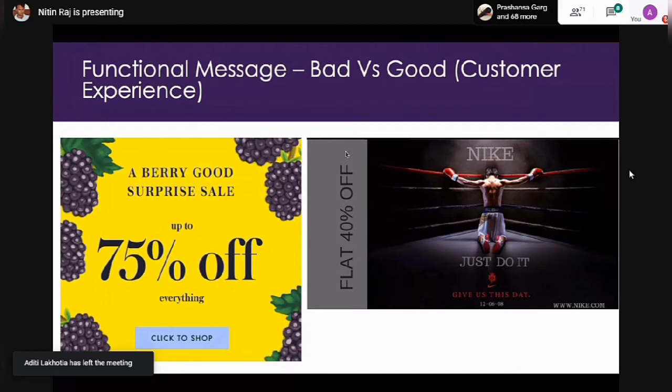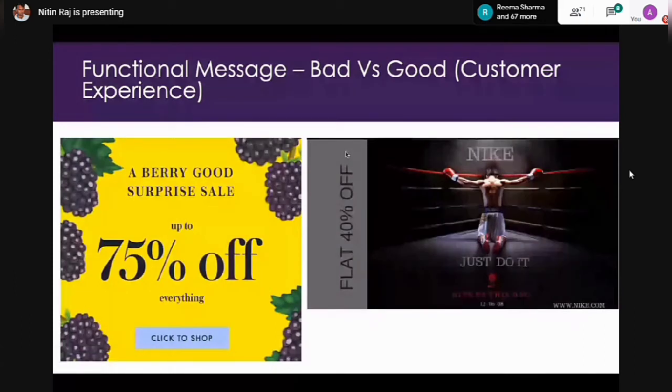So mostly people type 75% off. It's a very bad way of getting customers. You'll get a lot of people to come to your site, but it's a very bad experience. And on the right, there is Nike says flat 40% off. What that means is no matter what product you pick, you will get 40% off. So with the 75% off, you would get probably 1,000 odd customers. But after 2-3 products, they'll find that there are products which have 60%, 50% off, 40% off, 35% off, 20% off. They're all clubbed together. Okay, so they feel cheated. Emotionally, they don't feel connected with the brand.